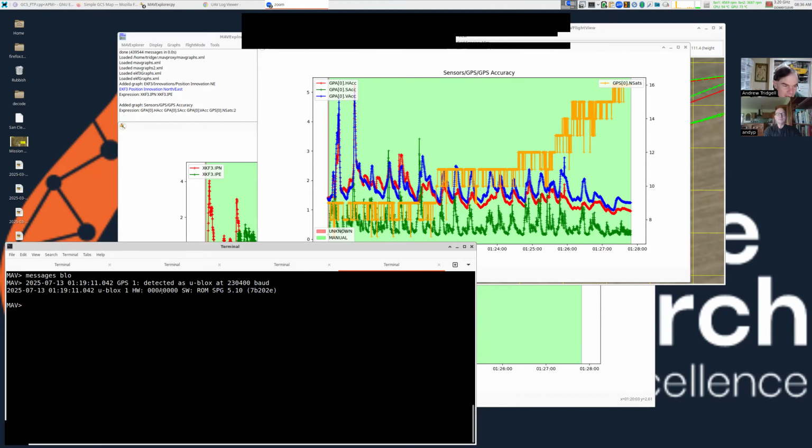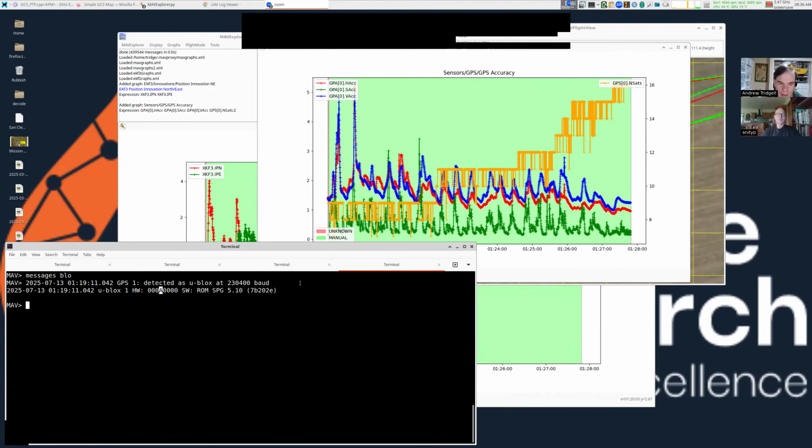And this little capital A here is the key. That means it's a U-Blocks M10. A is hexadecimal for 10. So that's an M10, and the M10s are very popular. They're relatively cheap GPS modules. They're single frequency, so they only do the L1 frequency. So they're cheap and cheerful. Unfortunately, the M10 has this problem that it takes a long time to get a decent